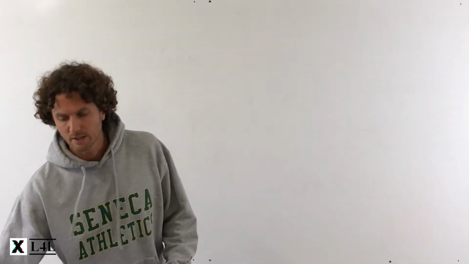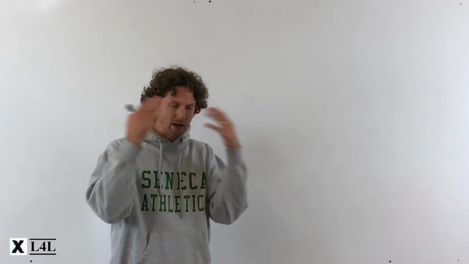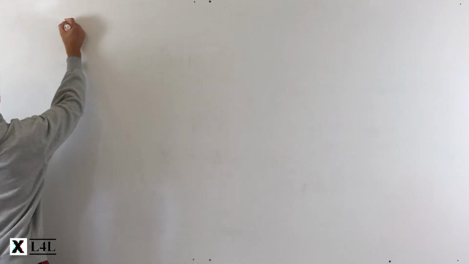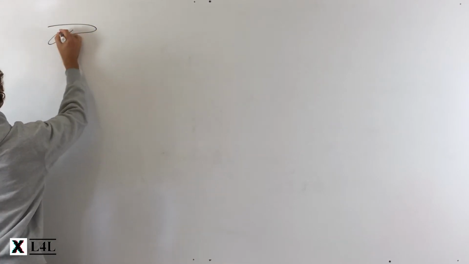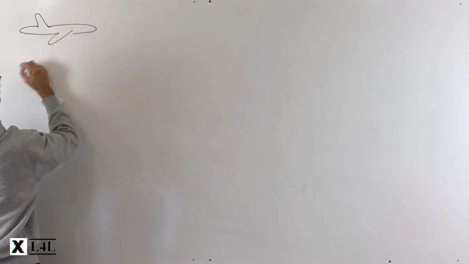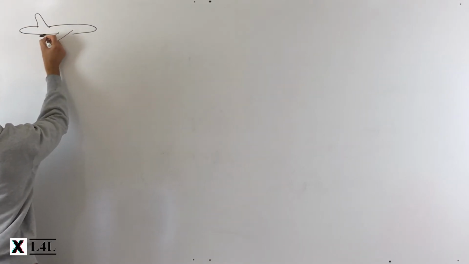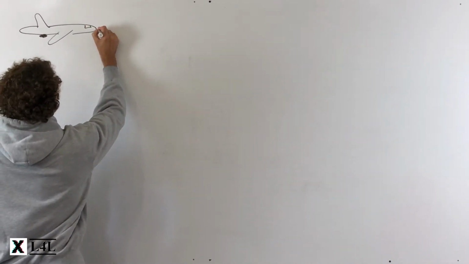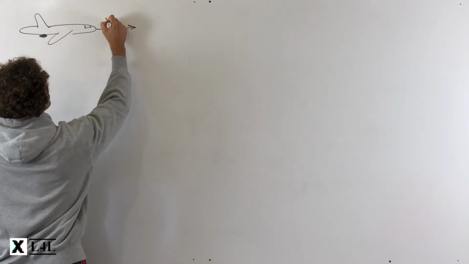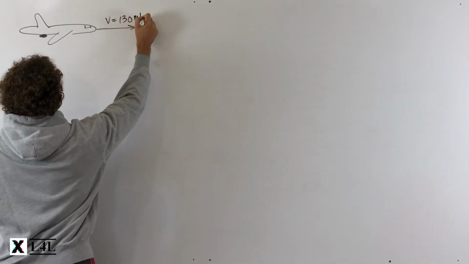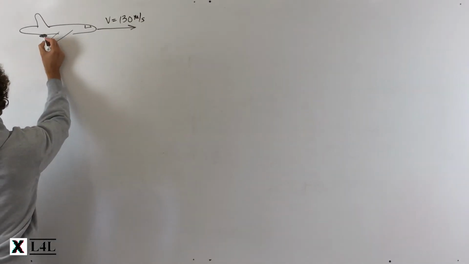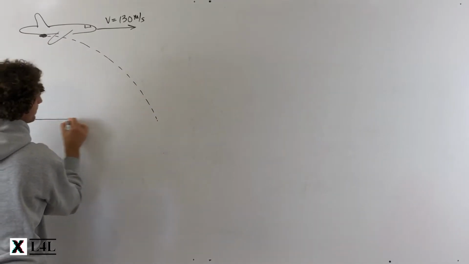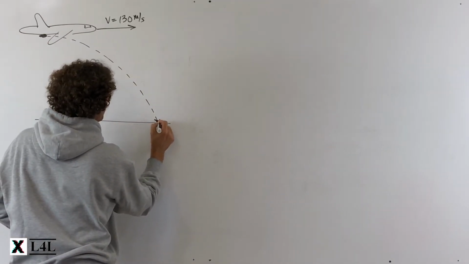Well, the first thing we want to do is draw a diagram of what it looks like. So we have a plane, a bomber with cargo. It's going to drop this bomb right out of here. We know that it's moving with an initial velocity of 130 meters per second. And so when this gets released or dropped, we're anticipating that it's going to fall, hit the target, and we